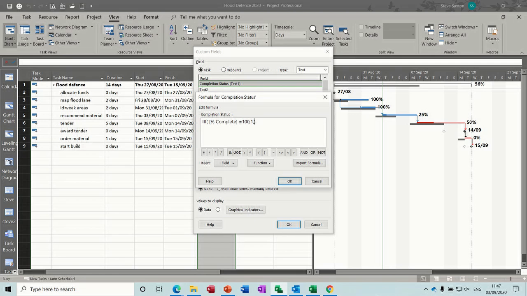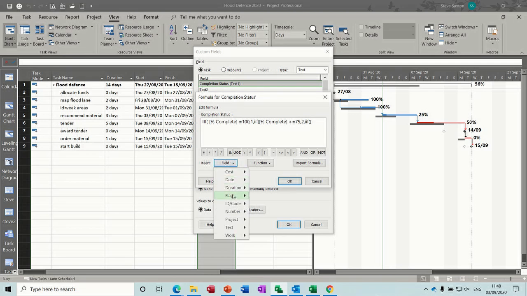comma. Now I need to do another if statement. Normally you do a negative there, what to do if it's false, but you can do another if statement. So IIF, open the bracket, go get your field again, number. So if percentage complete is greater than or equals to 75, comma, that's going to be a 2, comma, and then another if statement, IIF, open the normal bracket,